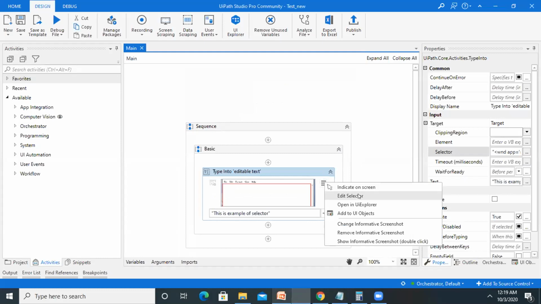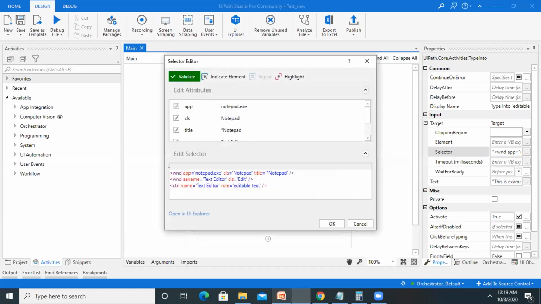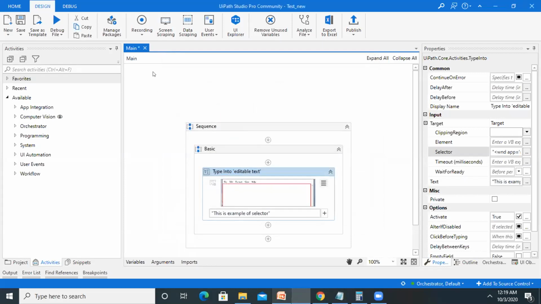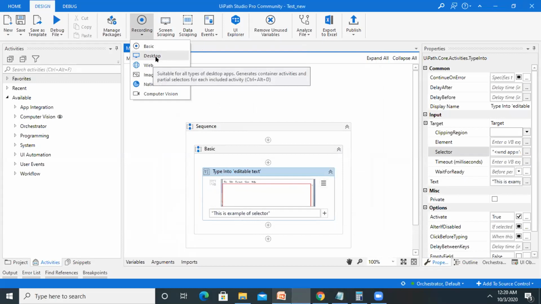Whenever we have the title name or the header name of a generated selector, that is a full selector. But when I record any specific component with desktop recording, it generates a partial selector. It means the header component of the XML file is not available in our selection box. This is the basic difference.